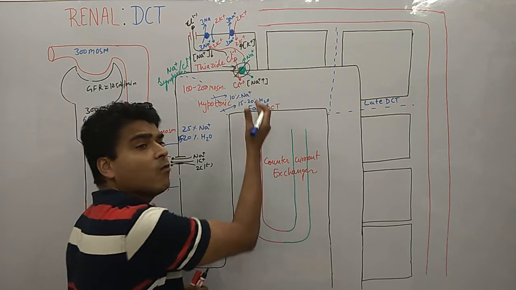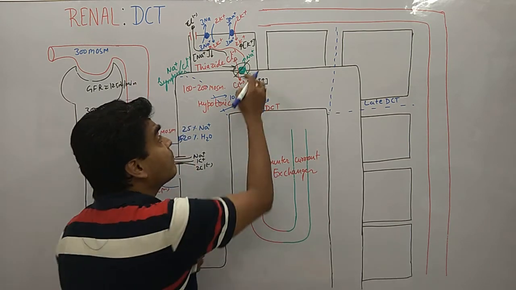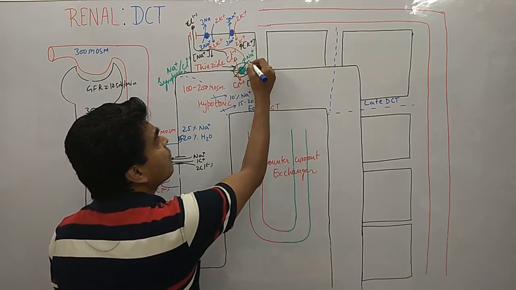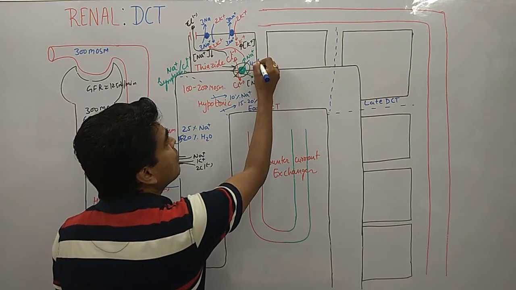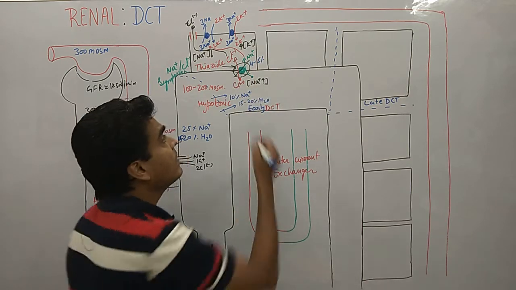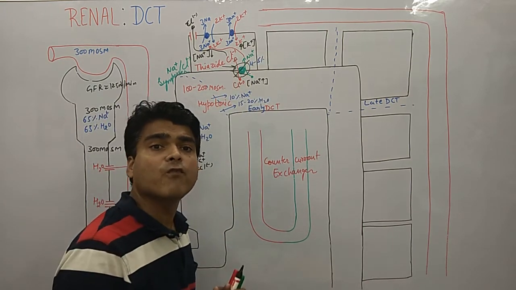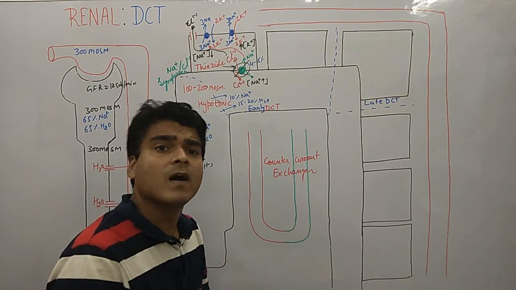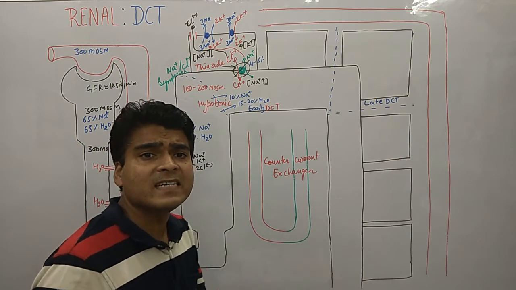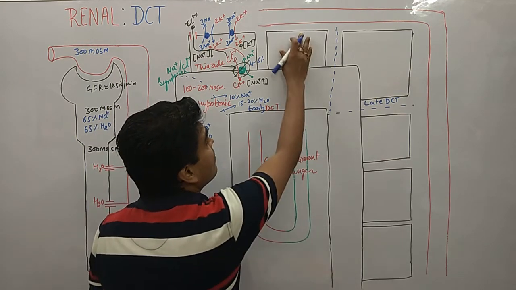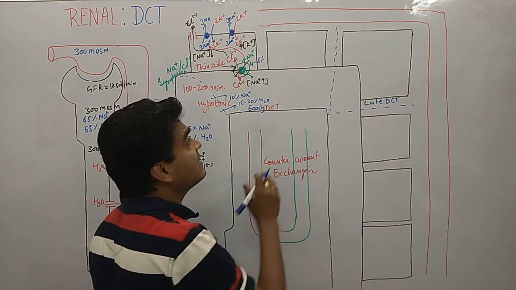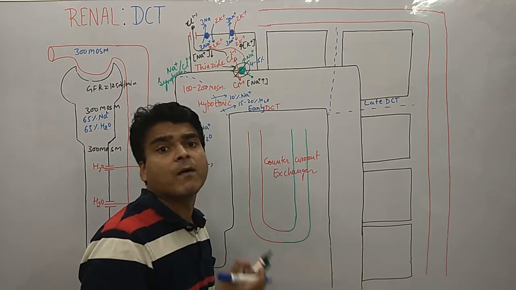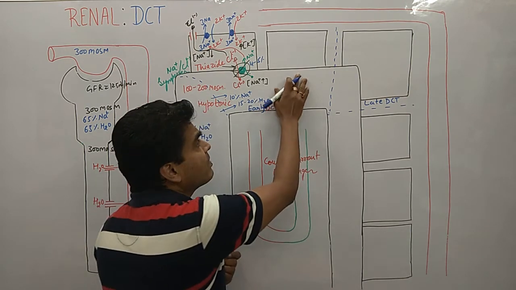Now look at how much sodium is absorbed by this mechanism. We are getting almost 4 to 5% absorbed by this mechanism. So how much is remaining now? Again 4 to 5% is remaining. Now look at what happened in this area with the other ions also. We want to absorb other ions like calcium in this area.